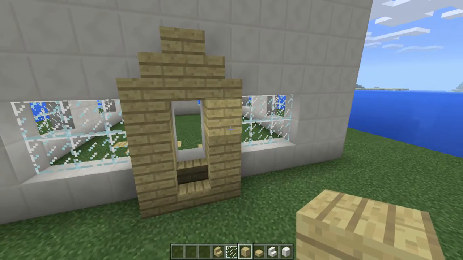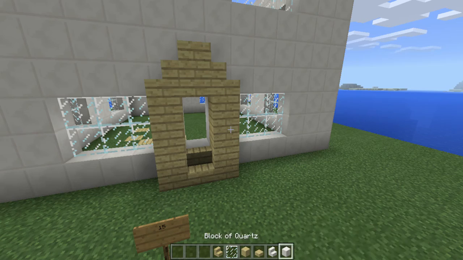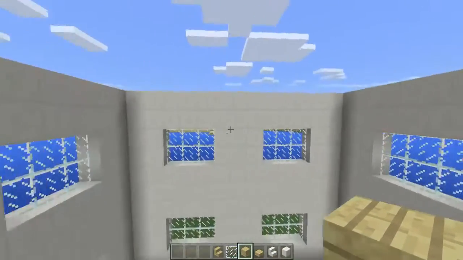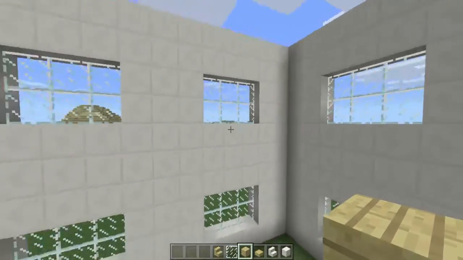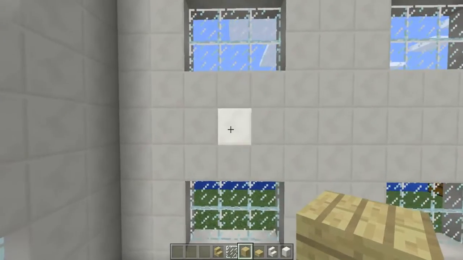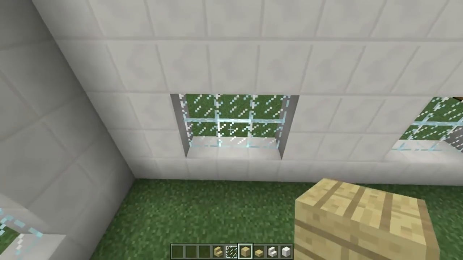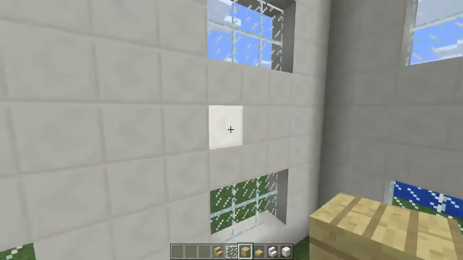So once you have the flooring done, what we're going to do next is go and do the next floor. So grab your birchwood planks. And of course this applies to the whole building, but it doesn't matter what wall you're facing. Just face one of the walls. You see that there are 3 whole rows of quartz blocks in between this glass pane. So you see 1, 2, 3. Well, out of these 3